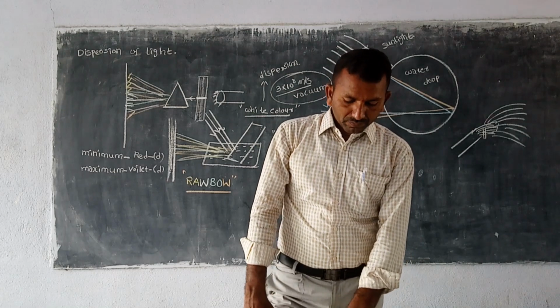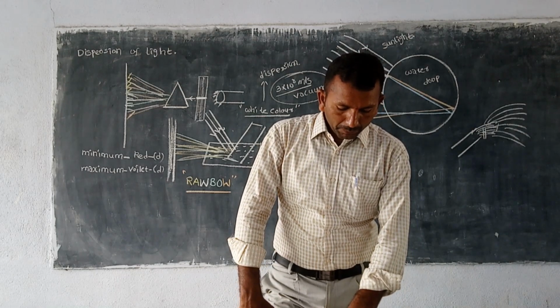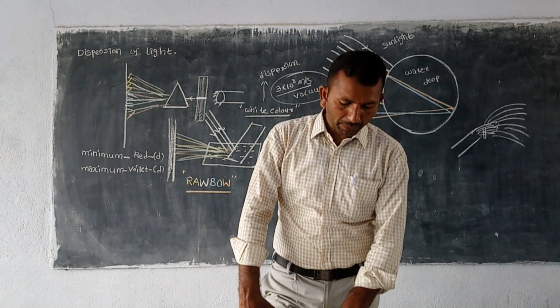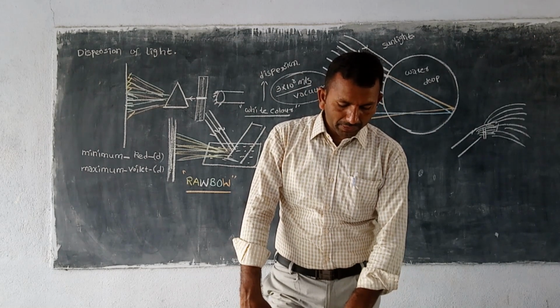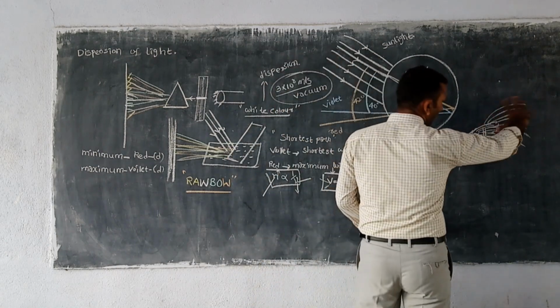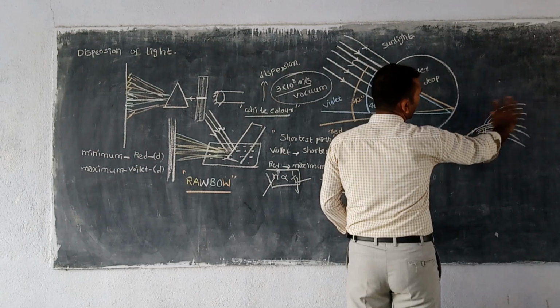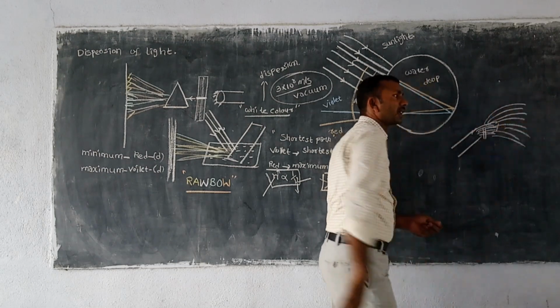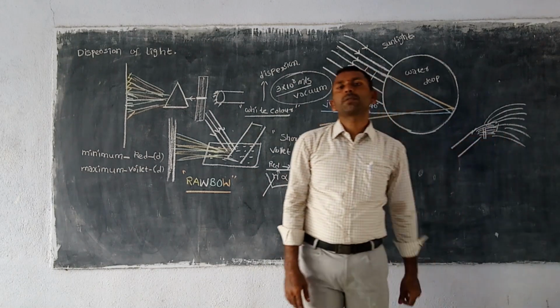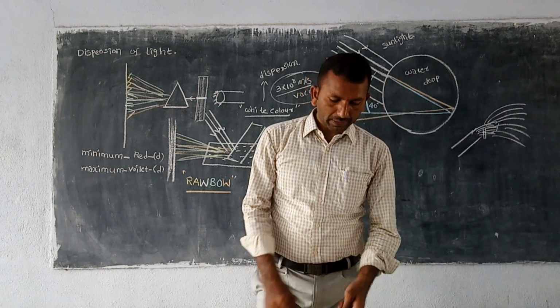Let us see. The beautiful colors of the rainbow are due to the dispersion of the sunlight by millions of tiny water droplets. Let us consider the case of an individual water drop. So what is the reason for that? Here the water is coming from a pipe like a fountain. There are millions of water drops, and from those millions of water drops we are able to see the different colors.